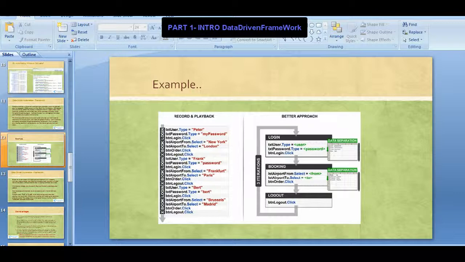You can create a separate login class, separate the data and keep it in an Excel sheet: booking is from and to. We keep all this data in a separate Excel sheet, and logout, of course, goes to a separate function. So create reusable functions and keep the data in a separate file. This is a very high-level view of what a framework is, what a data-driven framework is especially, and how to separate your data and keep the code as separate functions and run the show.